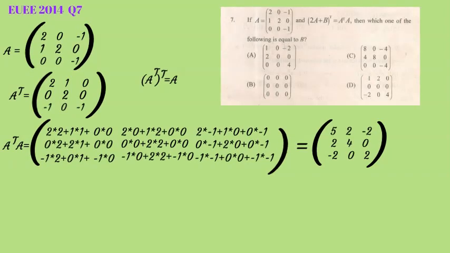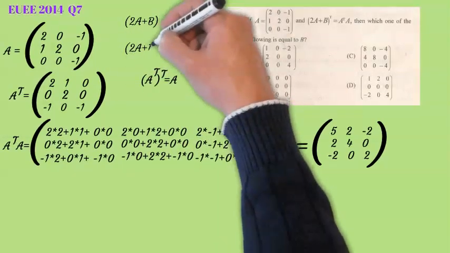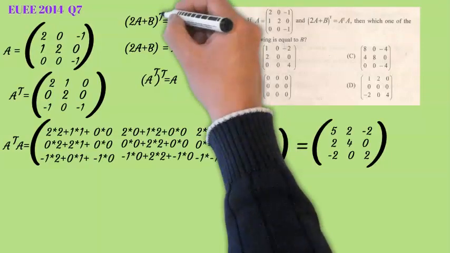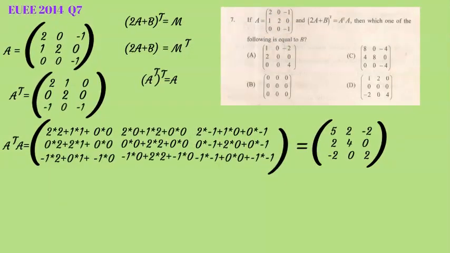ሌላው እዚህ ጋር እንድታስተውሉት የምፈልገው ምንድነው አንድን A የተባለ ማትሪክስ ትራንስፖዝ ብታደርጉት መልሳችሁ ትራንስፖዝ ብታደርጉት የተነሳችሁበትን A ታገኛላችሁ። ያንን ኮንሰፕት ይዛችሁ ለምሳሌ (2A plus B) in a bracket transpose አድርጉት ማለት እና if you get M, ከዛ M ን ትራንስፖዝ ብታደርጉት 2A plus B የሚለውን ታገኛላችሁ ማለት ነው። እሱን ሐሳብ ይዘን so 2A plus B ማን ነው የሚለውን እንስራ መጀመሪያ።